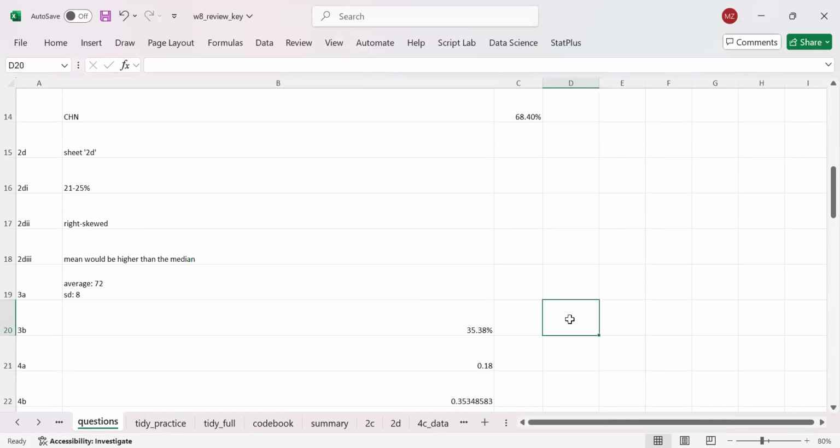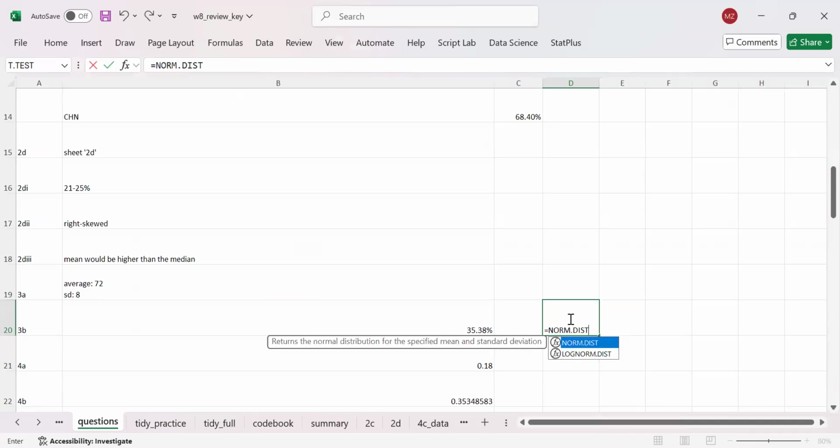Remember, if you want to get the probability of selecting a value which is larger than a certain value, we can use the normal distribution formula,